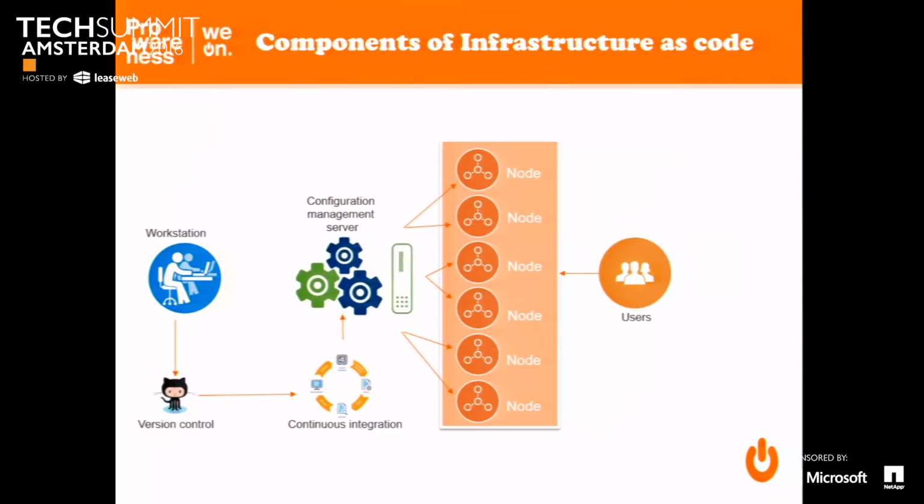So we had the overview of the nodes, and this is how it looks in the bigger picture. There's a programmer at his workstation, working on code, working on the infrastructure, who puts the infrastructure into version control, which goes into a CI server, because preferably you want to have that infrastructure as code automatically tested. There are even options to do it test-driven, so you can have everything covered with automated tests, so you know that when you put your infrastructure onto those nodes, it has a certain quality, so it doesn't break immediately.